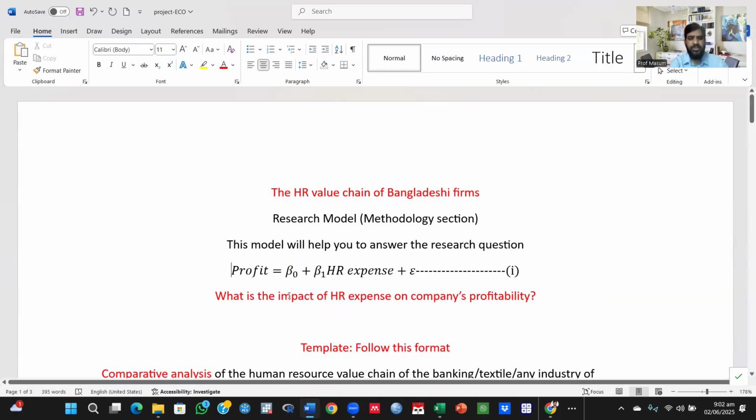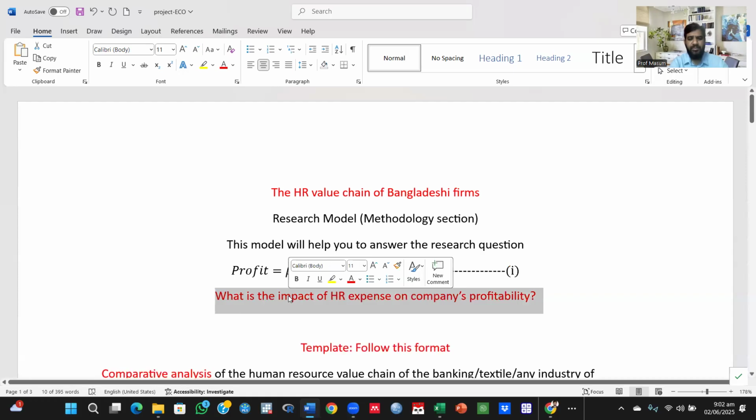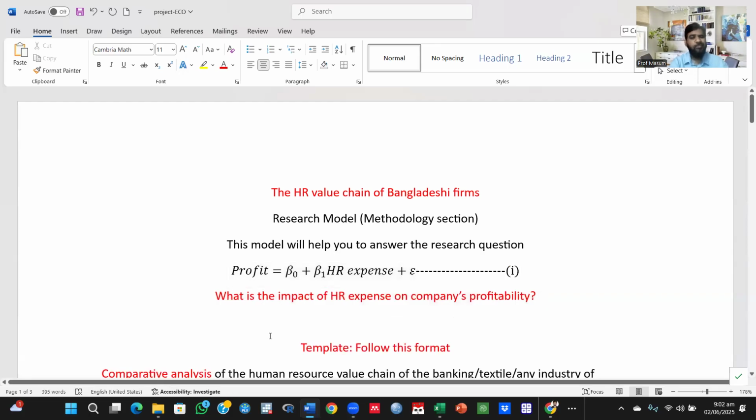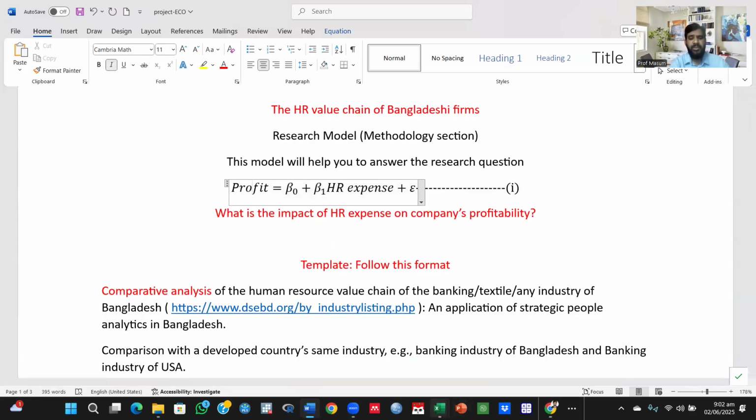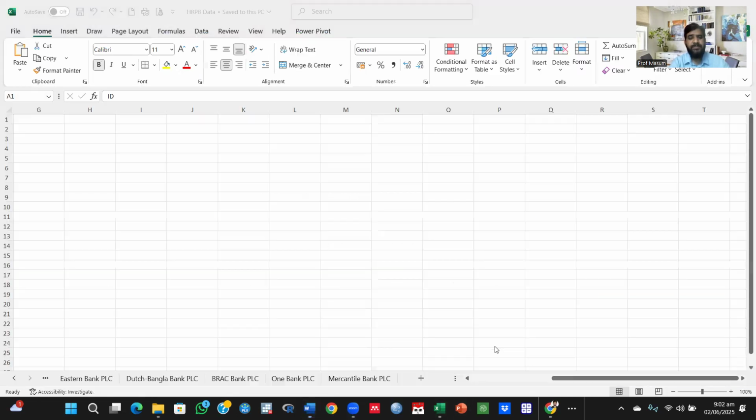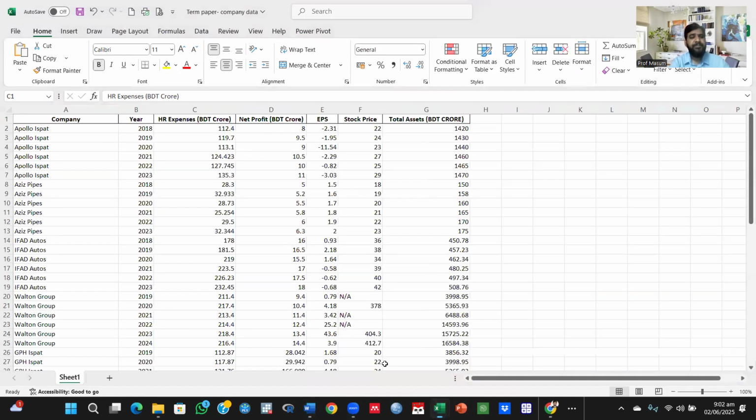So first, your research question will be in your literature review, and this model will be there in your methodology section to answer the research question. Now we are going to run the regression, and the independent variable is HR expense and the dependent variable is profit. So go to your data set and run some